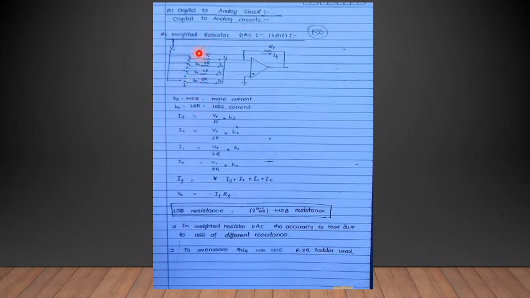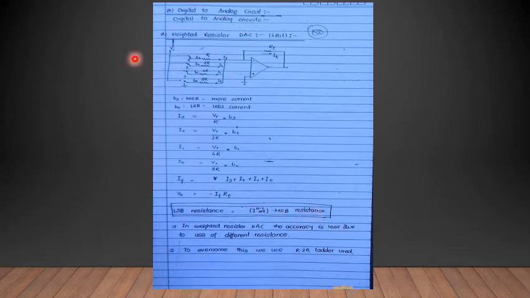So how can you calculate the values? I3, the current going in the B3 bit, I3 equals reference voltage VR divided by R into B3, I2 equals VR divided by 2R into B2. Similarly for the others, all currents go to IF. So IF is equal to I3 plus I2 plus I1 plus I0, and V0 is equal to minus IF times RF, by Kirchhoff's voltage law. What it comes out to is that the LSB resistance equals 2 to the power n minus 1 into MSB resistance.